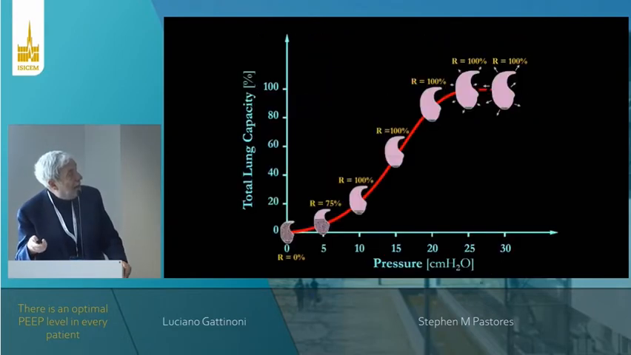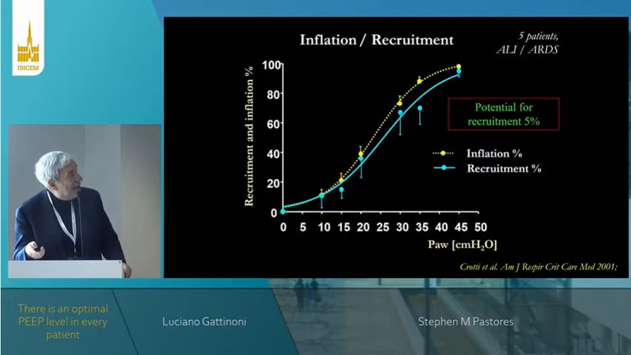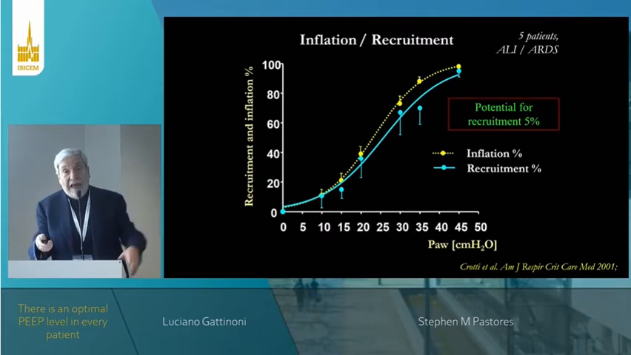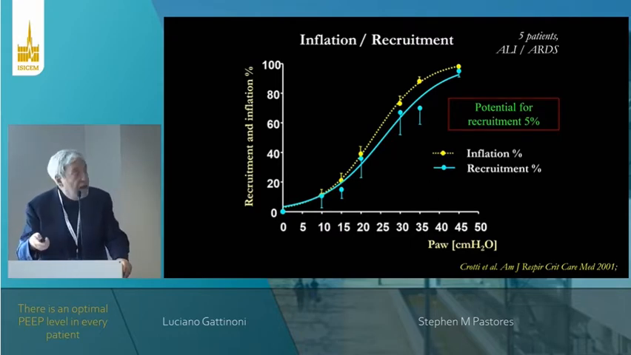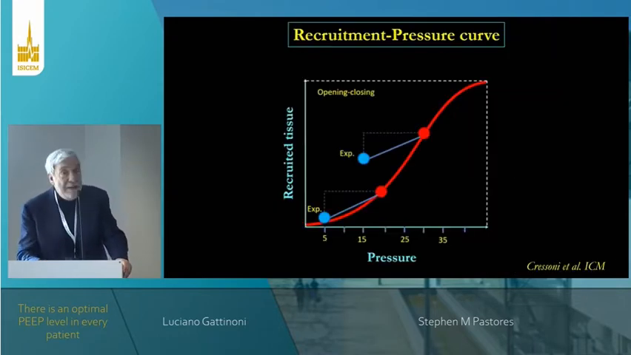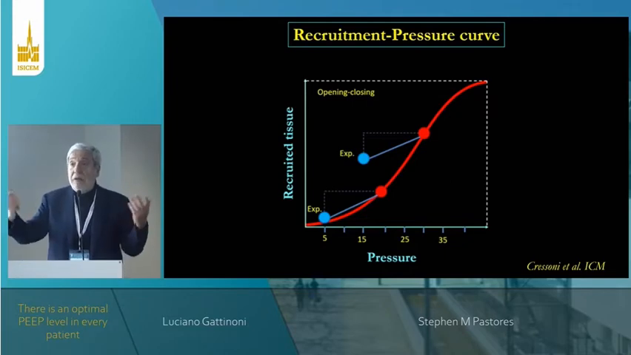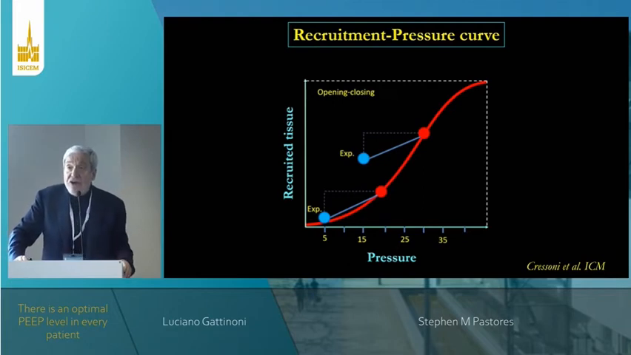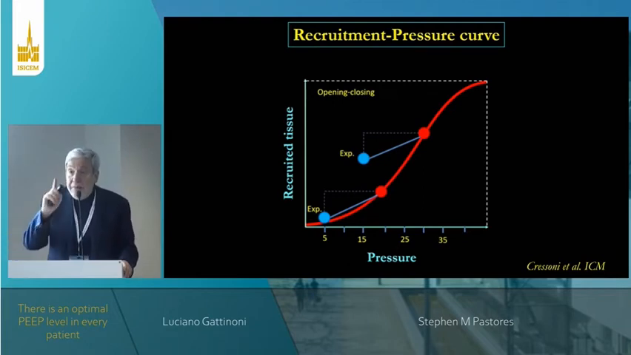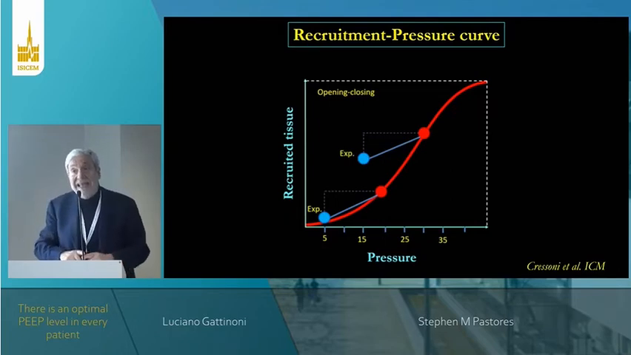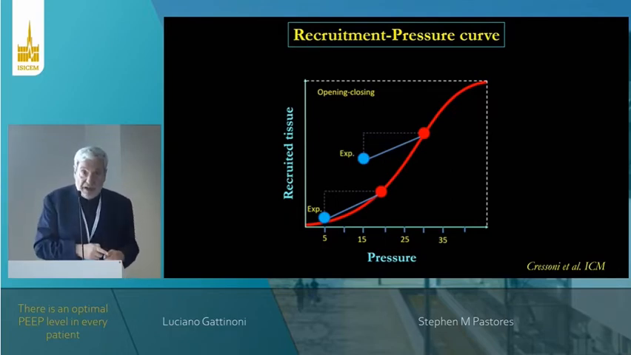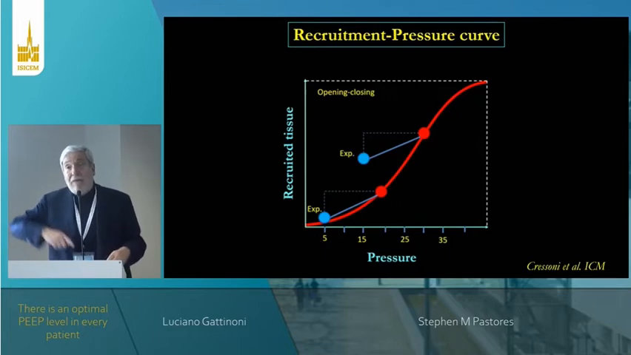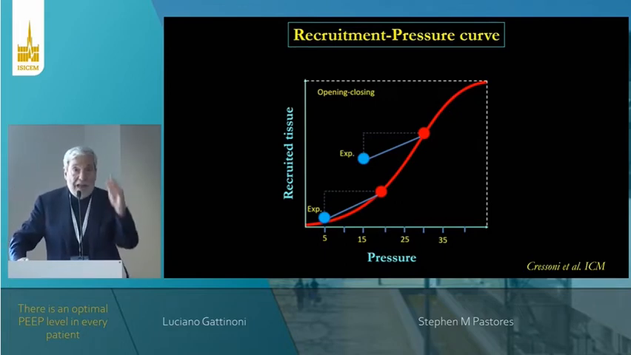These are the best people, the mechanics. This is the ideal, the classical curve. We know that we have recruitment all over the inflation curve, and then we keep all the lung open. Another fascinating theory. Unfortunately, to keep the lung completely open, remember that what opens the lung is the inspiration, not the expiration. But if you have 45 of pressure and you want to keep all the lung open,